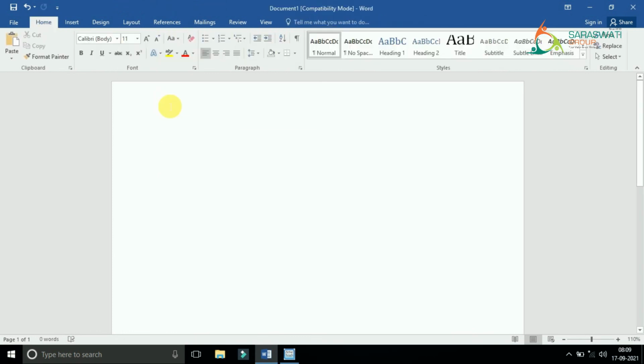So this was the practical session of chapter number 3, the first session, that is tables, right? Okay, you can see what we have studied: inserting of tables, two methods we have done.